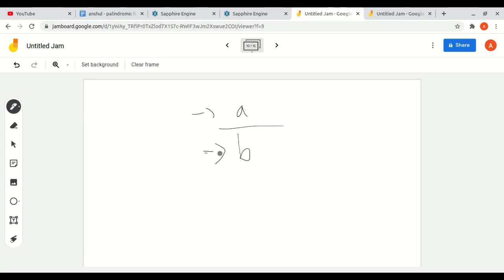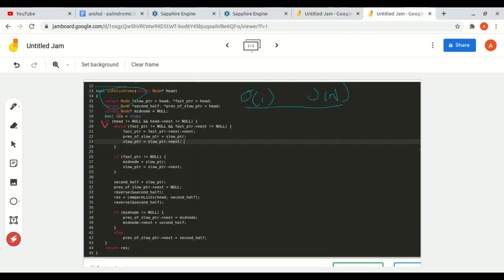These all are palindrome, because its reverse will also be A, its reverse will also be B, and both are equal. So this is the base case.